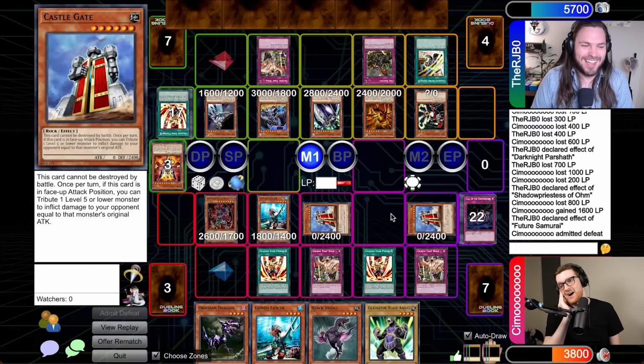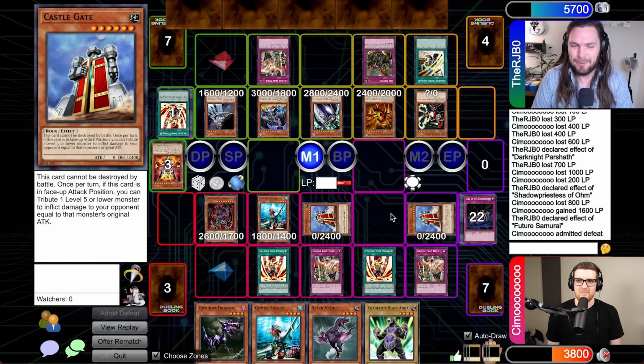But the second I saw that double Fires of Doomsday, double Tribute Summonable hand, I was like, you know what? I'm okay with the fact that I have to struggle to get over Metal Reflect Slime. This hand is badass. Yeah, well, thankfully the viewers don't have to endure a game 3 after that, fortunately,